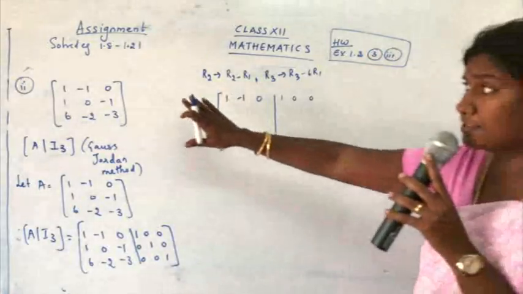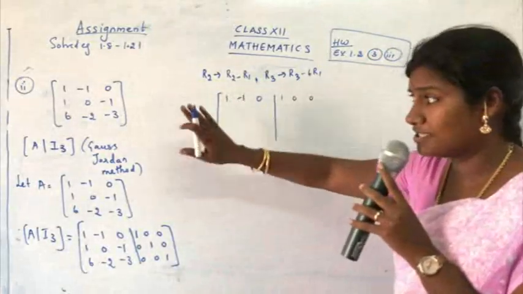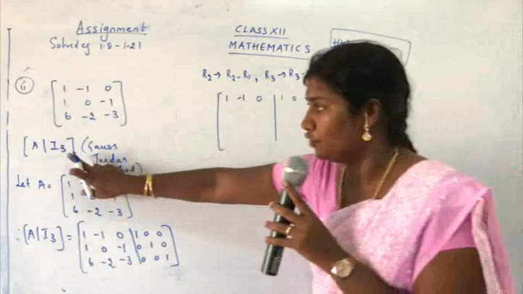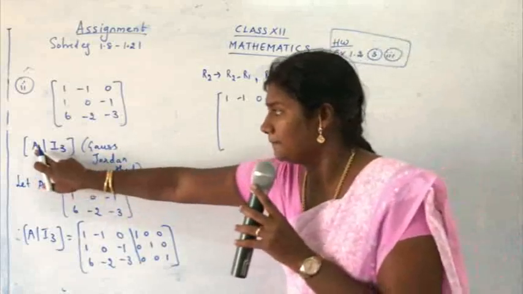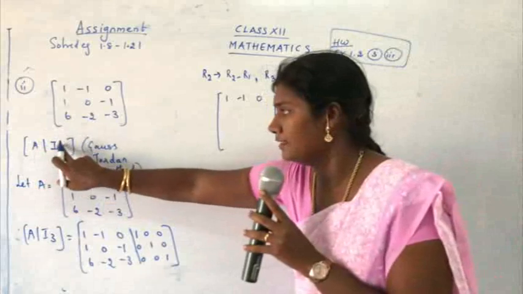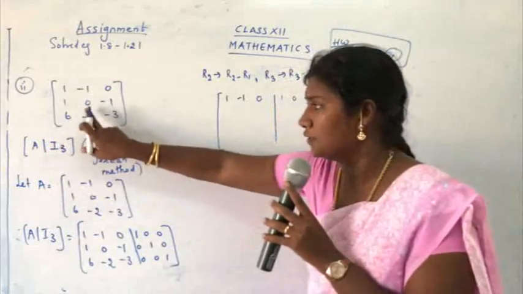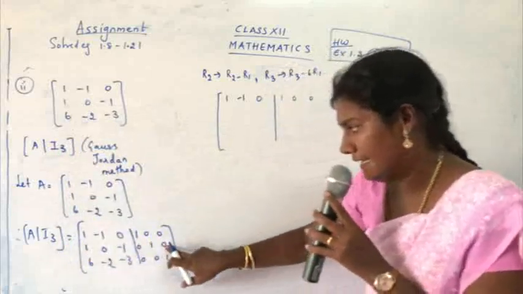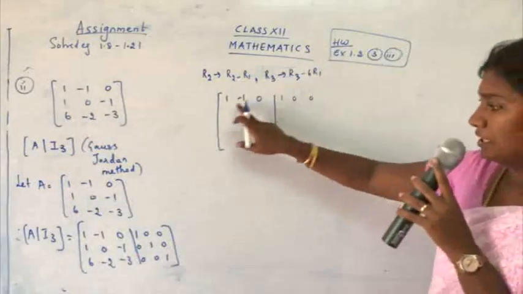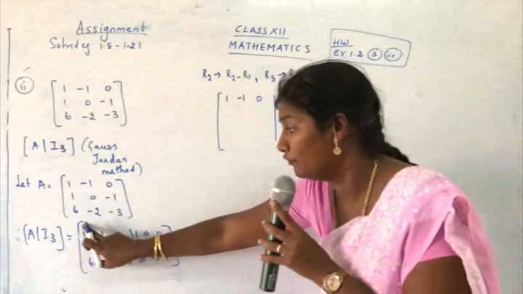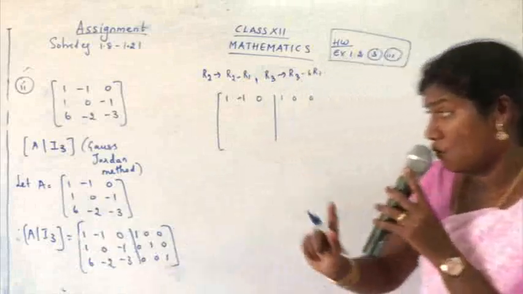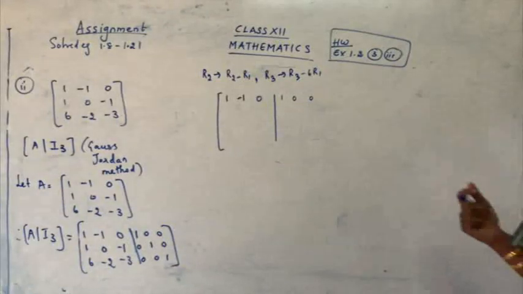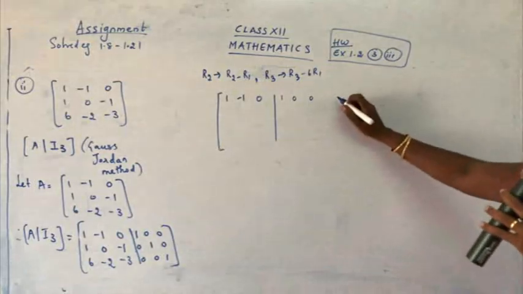So this is the step. Children, just follow the step. The questions are always asking to find the inverse using the Gauss-Jordan method. This type of question will be there. So understand the question. First of all, you have to present the method. What is the method? A by I3. This I3 or I2 depends upon the question. You just see the question and find the order. Then you have to substitute in terms of A and I3 and we are seeing the conversion. Always remember the first element of the first row should be 1. Keep that in your mind. And once you make it as 1, everything goes on easy. You can simplify very easily.